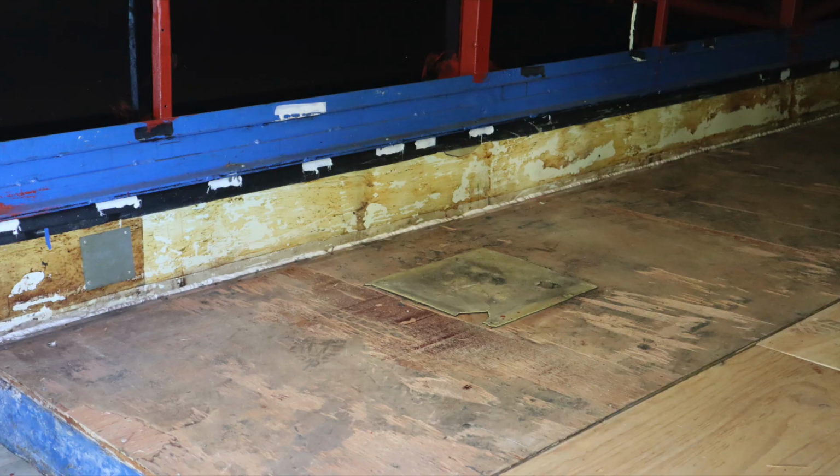It's a bit fiddly, whereas it was going to be near impossible for me to remove the one at the front at least, it's an easy job for the mechanic because he can just drive the bus over the pit and access it from underneath really easily. So he did that for me. He removed both the floor heaters, got rid of all the hoses and the wires that were connecting them, and then